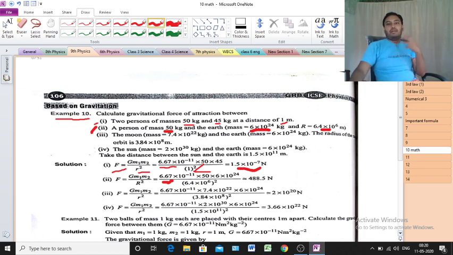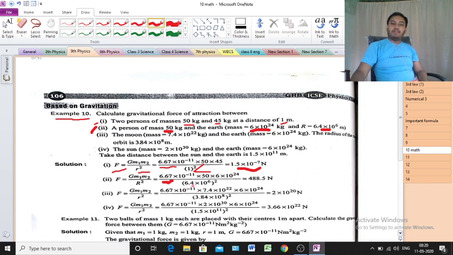If you are able to recall these values, then definitely you can memorize them, but still according to me, there is no need. Clear? But the value of g you need to remember, that is very important. The value of g, you need to memorize it. Clear? Again, so just put this value.